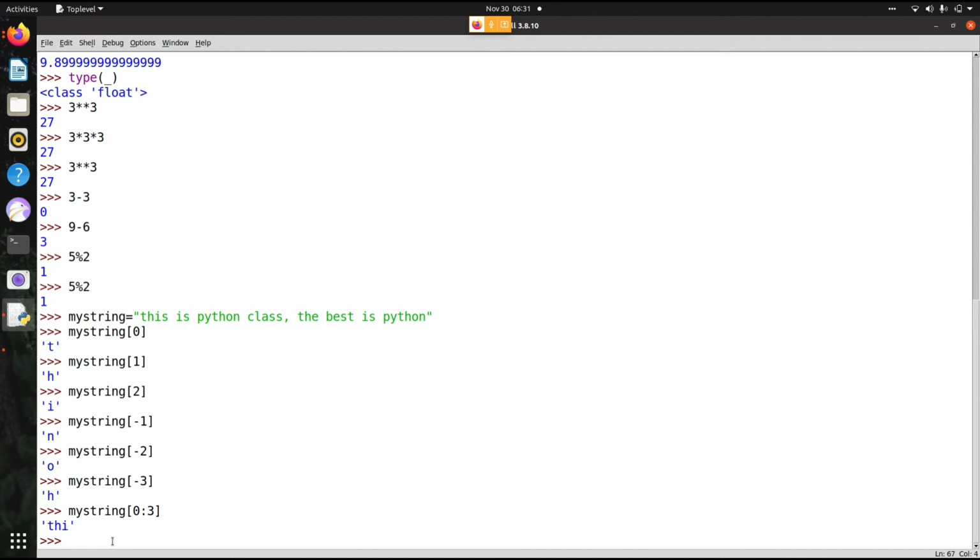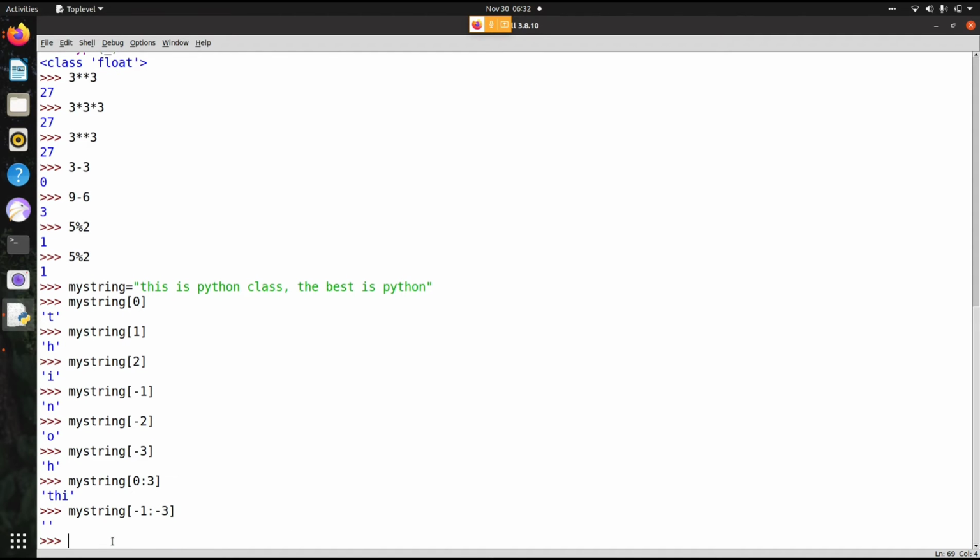Now let's do the same thing with my string. So it is very easy, right? If you take any other programming language, you have to do more, but Python is just very simple. Now I am saying -3, -1.